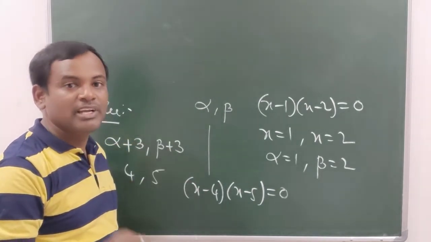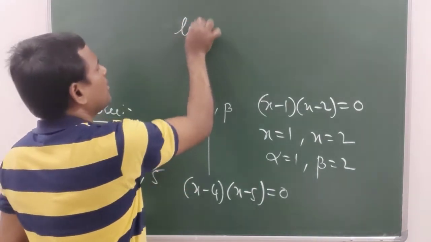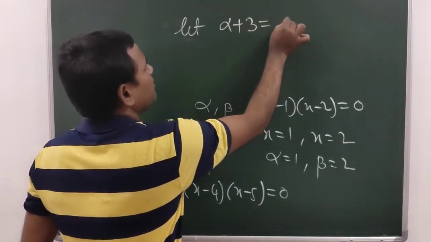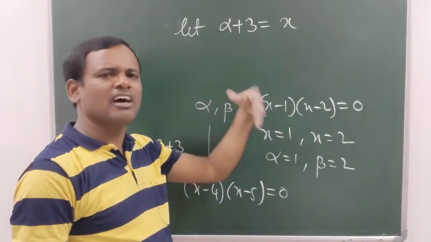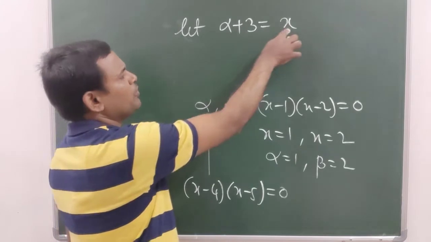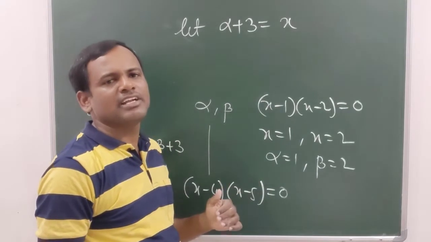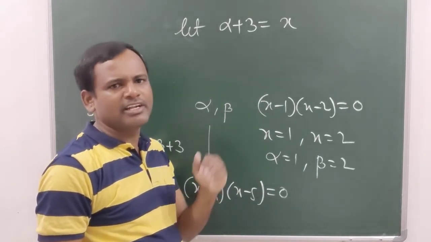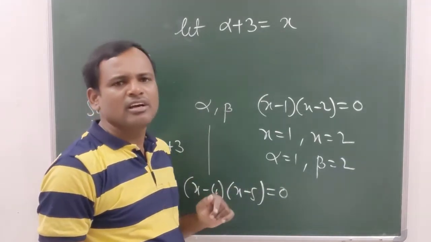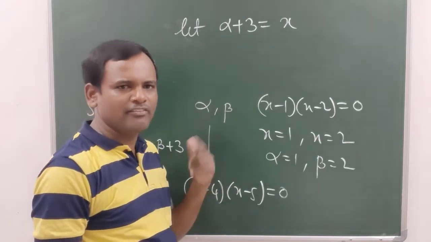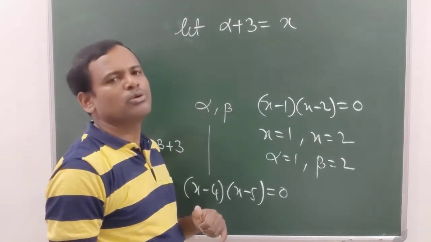Now I explain to you. In the transformations of a quadratic equation, we consider any one of the roots, alpha plus 3, equal to, let it be x or y. You can take this as either x or y, your wish. If you consider y, alpha plus 3 equal to y, then you will get your required result in terms of y. After getting it in terms of y, you can replace the variable y by x, because mostly they will give answers in terms of the variable x only. So here I am considering alpha plus 3 is equal to x only.